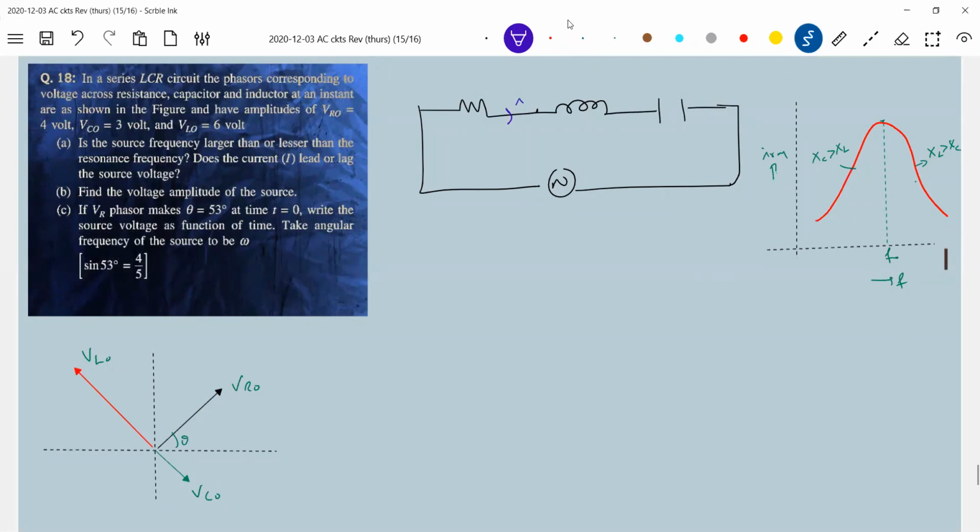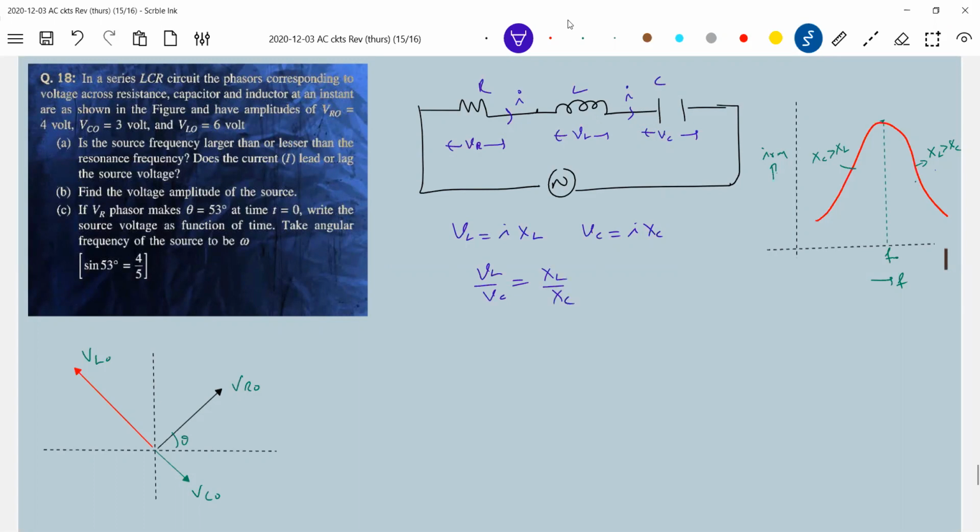I think better to solve the problem like this. Don't draw the phasor diagram here; since I'm giving the phasor diagram, try to avoid it. The same current flows, no? So apply Ohm's law across the individual elements. VL equals I into XL. VC equals I into XC. The same current will flow as they are in series. So VL by VC equals XL by XC.